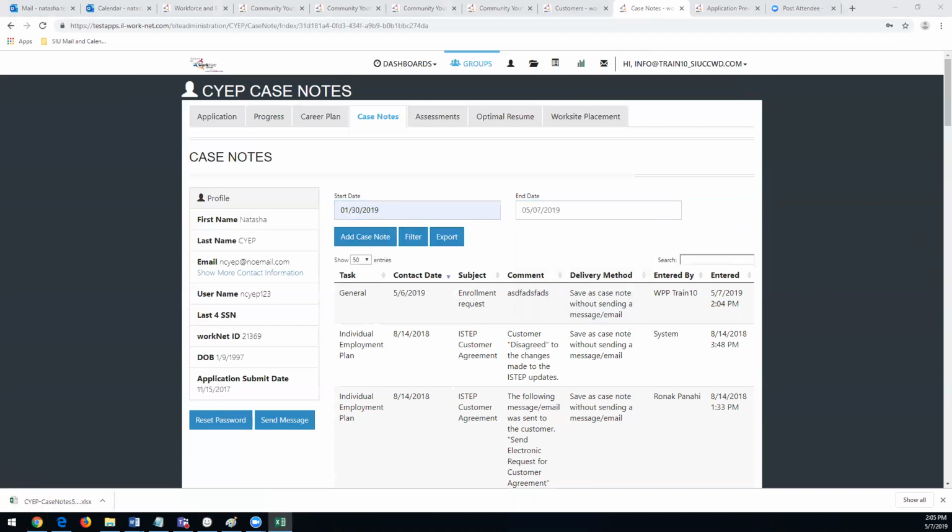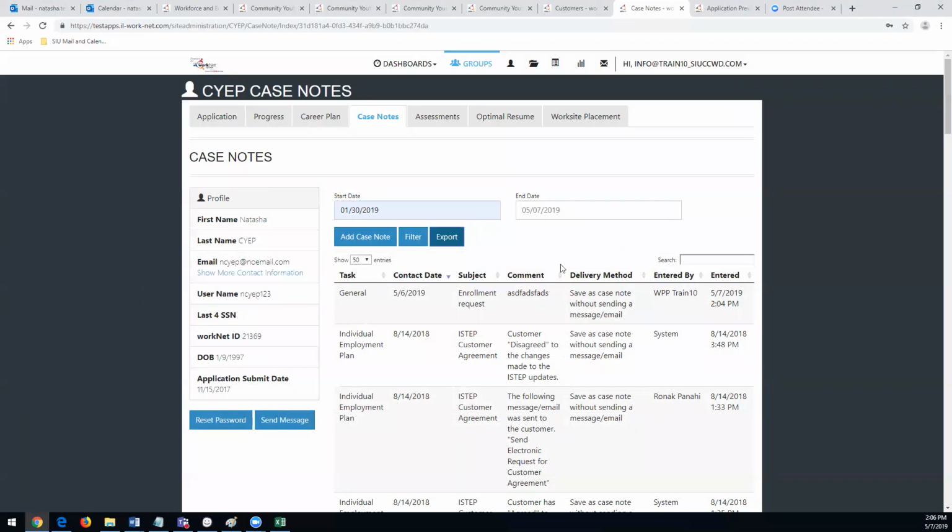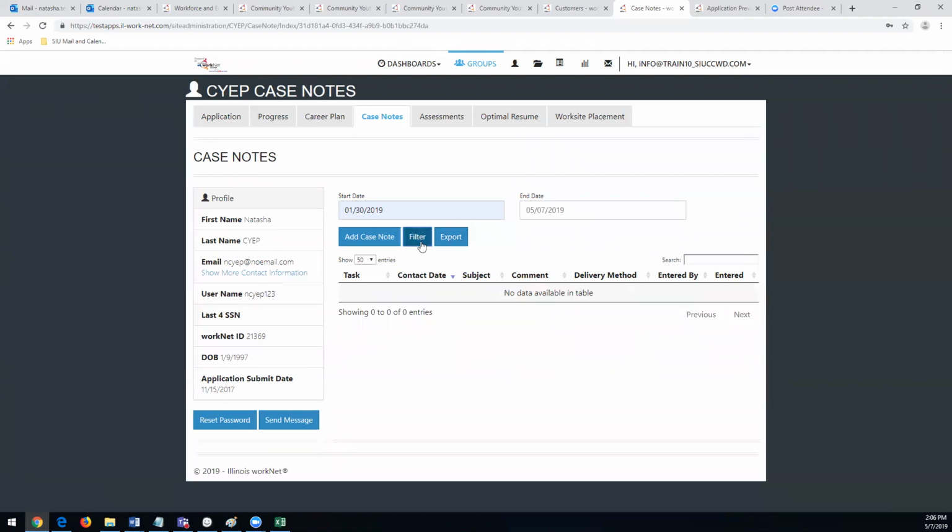Depending, we can work with you on what that needs to be. So if we needed to change some of these headings, then we can add in that information so that you can upload those into your system. You can search, filter,